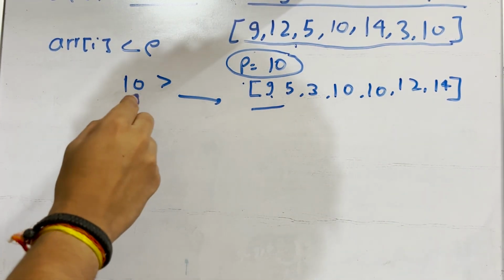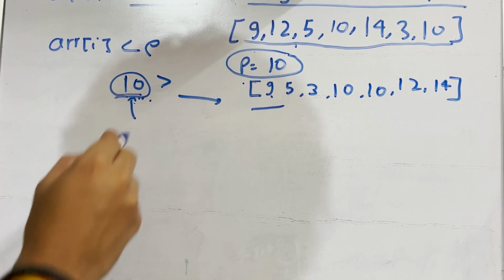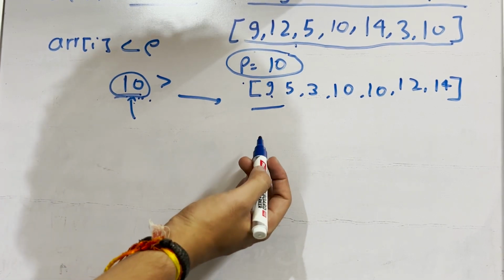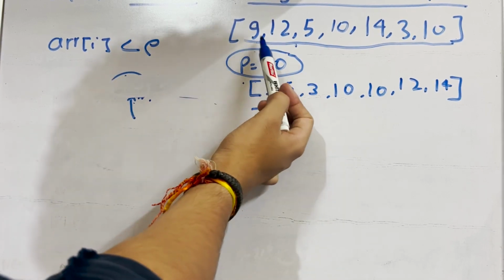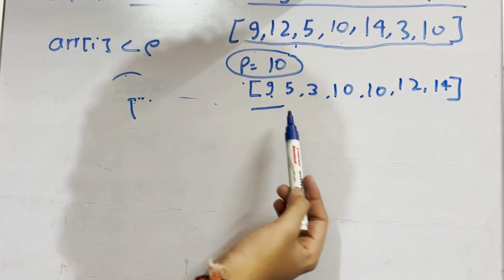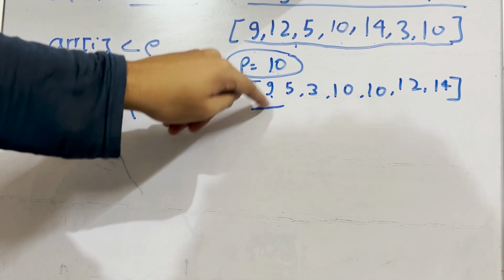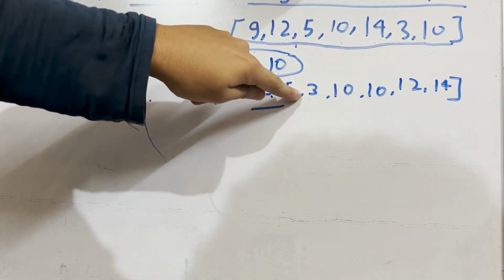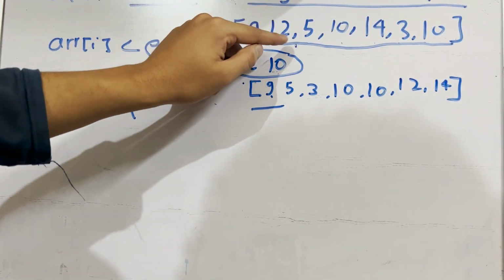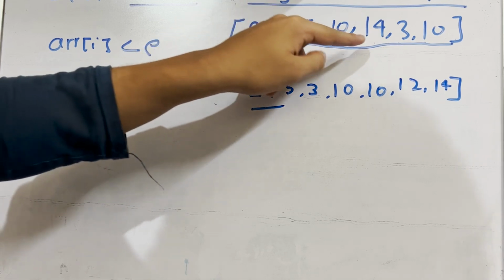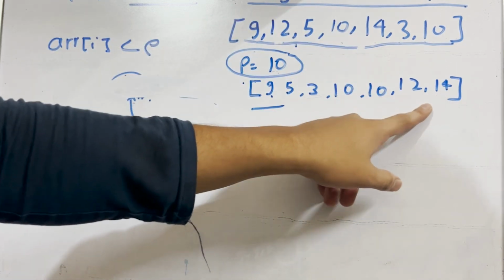And one more thing, all the elements which are equal to the pivot should be in the middle with the pivot. And the next most important thing is that we have to maintain the relative order. For example, if you see closely, this is our array: 9, 12, 5, 10, 14, 3 and 10. The pivot is 10. So all the elements which are less than 10, like 9, will come in front. Then 5, then 3, then 10 is there, the other 10 is there. And the next elements greater than 10 are 12 and 14. As you can see, 12 comes before 14, so you have to maintain the relative order.